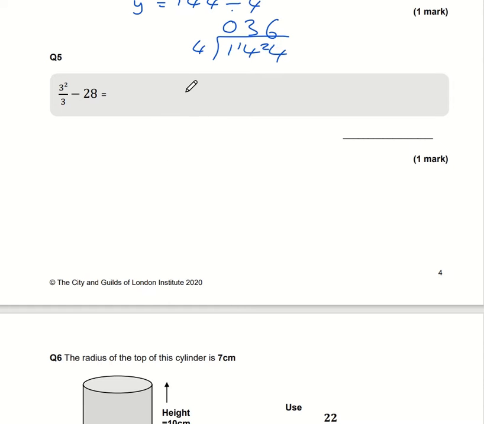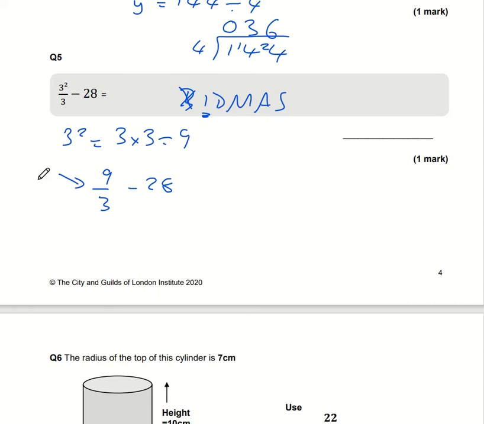Question number 5 is a question about BIDMAS, the order of operations. Now we don't have any brackets, but we do have indices, so we need to do the 3 squared first. 3 squared is 3 times 3, which is 9. So the question is 9 over 3 minus 28. Remember, this line in a fraction means divide, so we have division and we have subtraction. The division needs to occur first. 9 divided by 3 is 3, so the question is 3